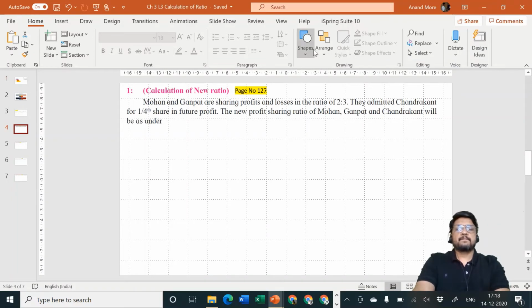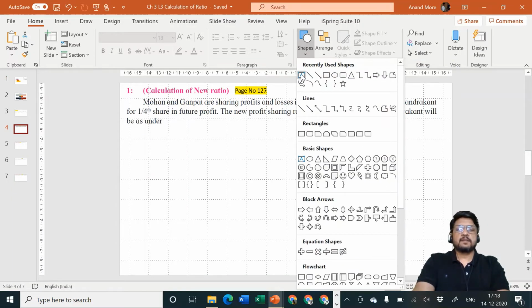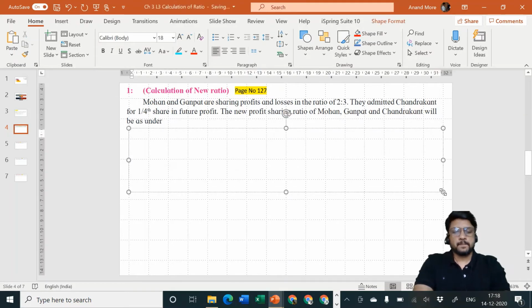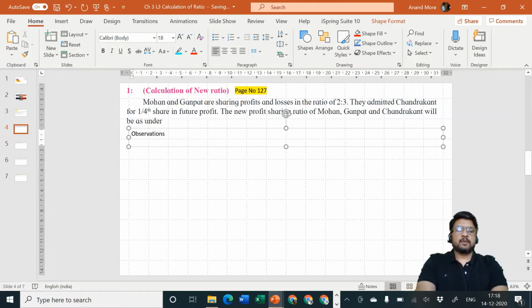Okay, let us now observe certain things. These observations when I am writing, remember that I am not expecting you to write in exam. Yes, now you should write it down because you are understanding the question with me. But in exam that is not required to be written. Observations are only for you and me. For examiner directly solution. Okay. Observations. Point number 1.